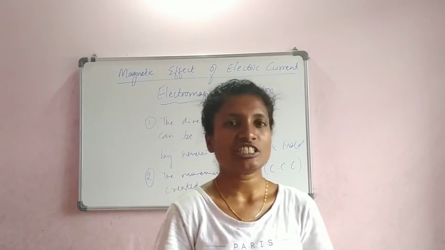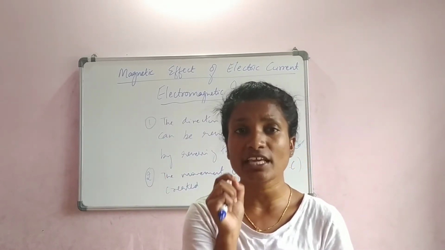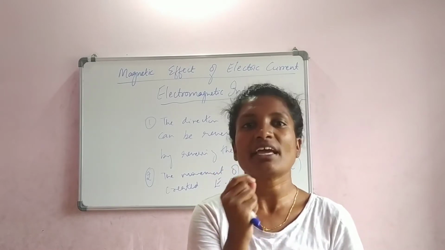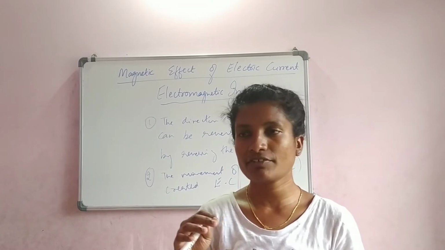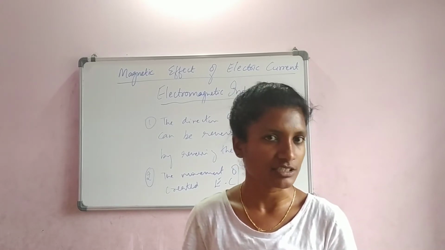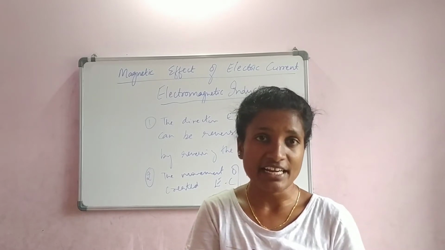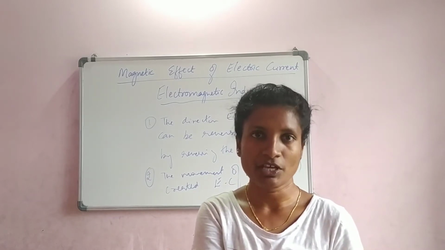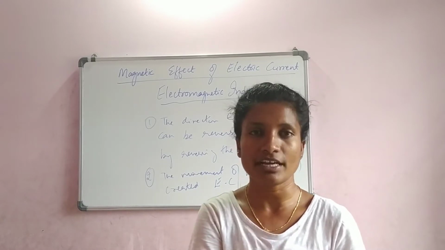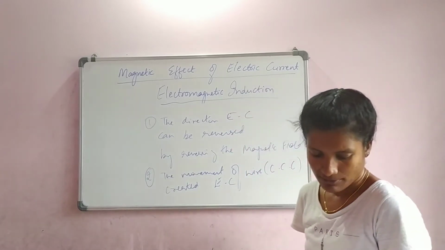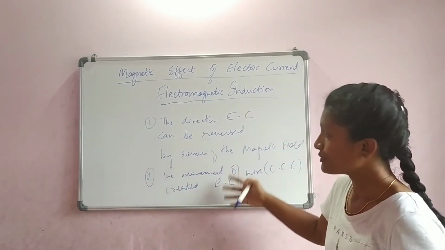Okay, you can ask me a question: why is that movement required? Because flow of charges means flow of electrons. In order to make the electrons move, there should be some movement, right? Even stagnant water cannot conduct electricity, isn't it? Anything which is stagnant will not generate any energy. So if you want energy to come out of it, you have to create movement in it. So these are the two observations.